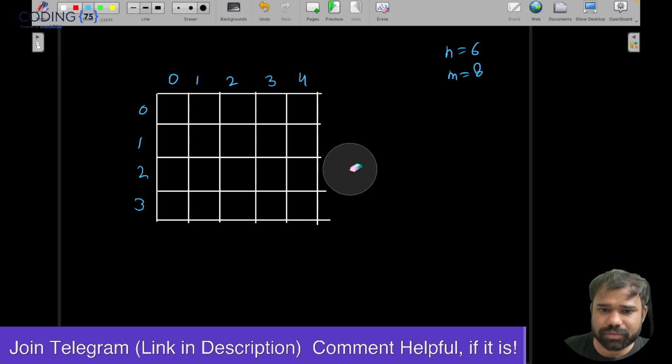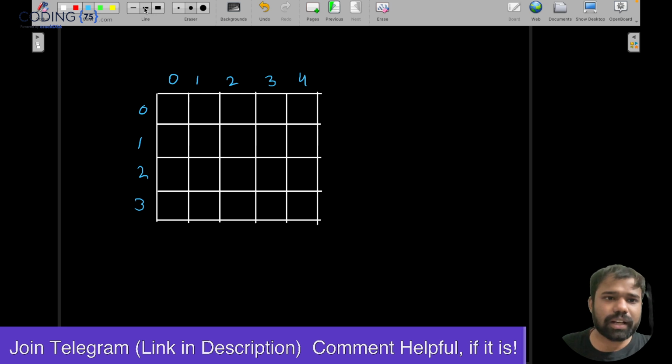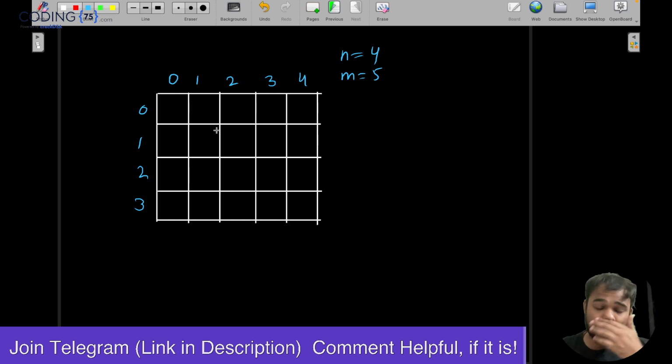Now this is better. Now it will be easy for us to have a dry run and all. So now let's make our n as 4 and m as 5. So this is a matrix of 4 into 5 size. Now what you are saying is that initially there are some values that are being set into this particular